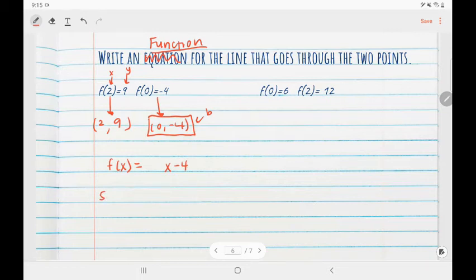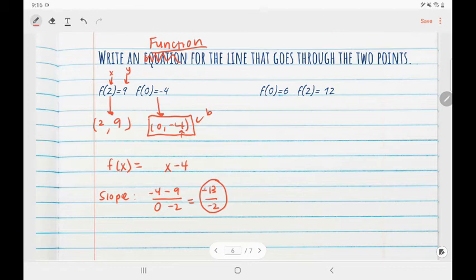Now let's go ahead and calculate the slope. I'm going to use that same slope formula. y2, so this is y2, negative 4 minus 9 divided by 0 minus 2. Let's go ahead and simplify that. That gives me negative 13 over negative 2. Now ask yourself, is that slope simplified and reduced as much as possible? Well, I can't